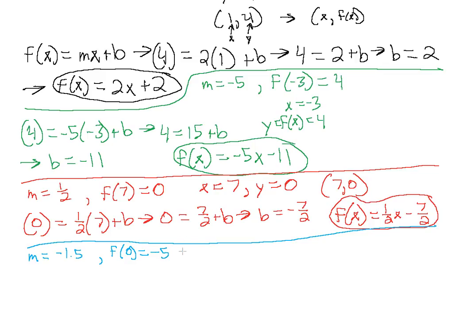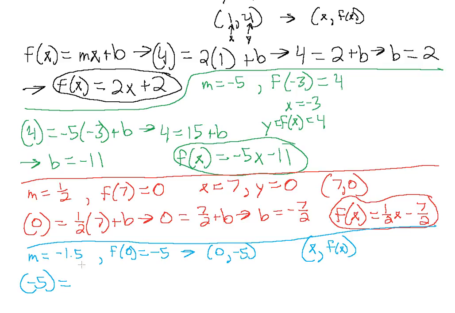So we know from this piece of information that our function goes through the point 0, minus 5, because our coordinate is made up of x and f of x. Okay, so 0 and minus 5. We want to find our y-intercept so we can write the general equation in slope-intercept form, just using functional notation. That's the only difference here. So we can say f of x, which is minus 5,